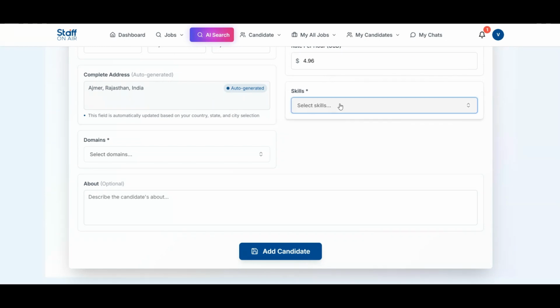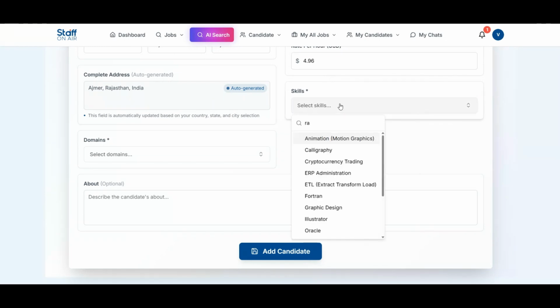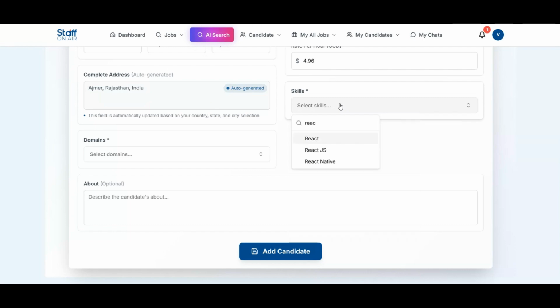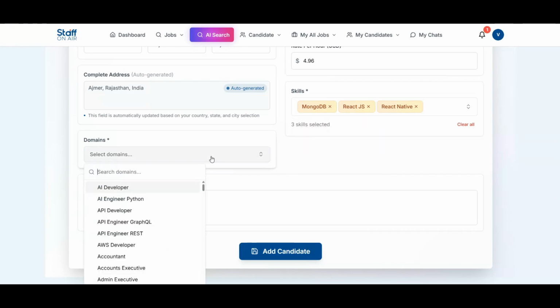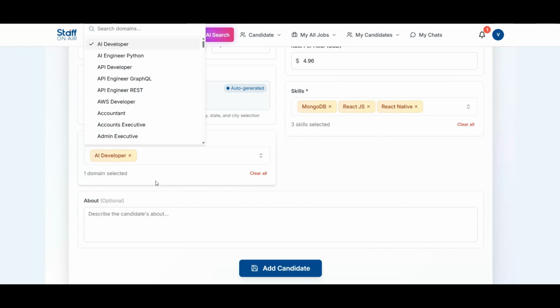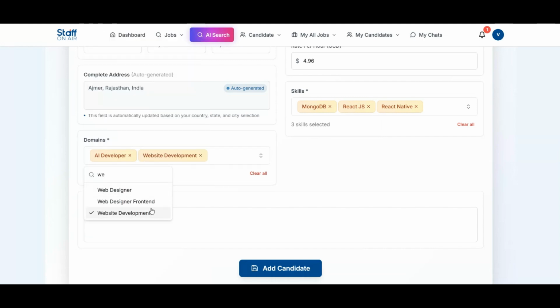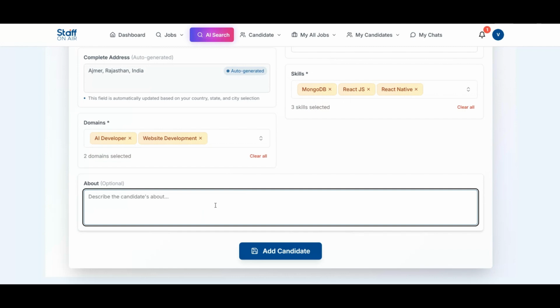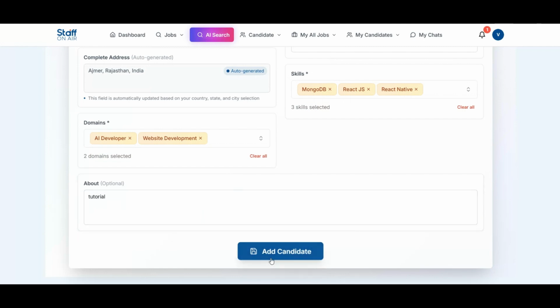The skills which my candidate has, let's suppose React JS, React Native, and a backend. Domain: my candidate works on domains like AI and website development. Some additional information you can write here, as a tutorial. Now the candidate will be added.